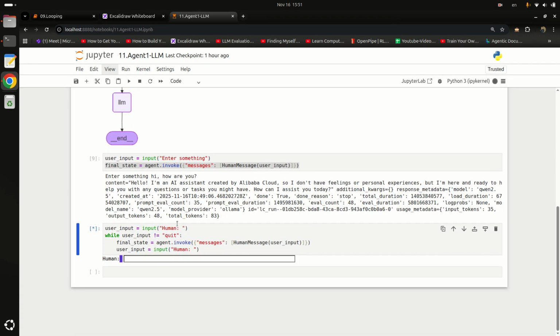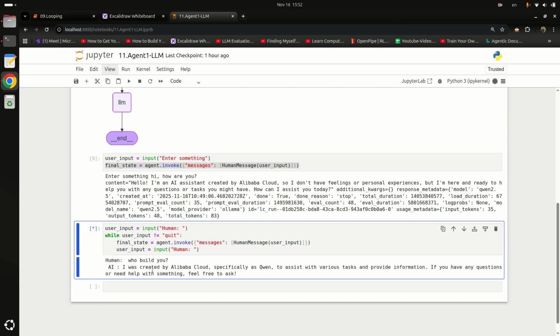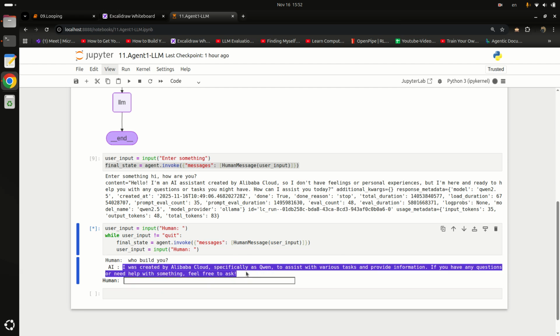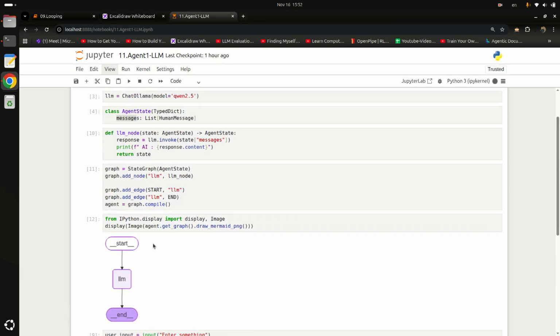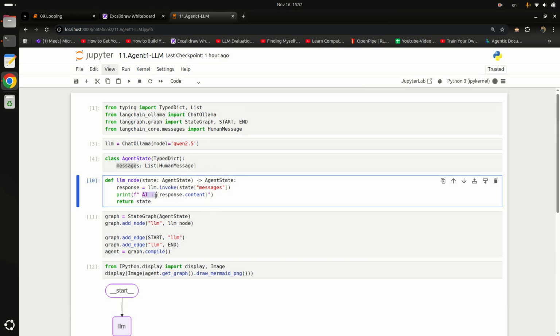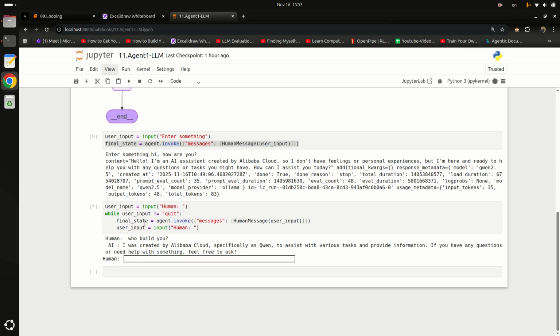It is printing this human and waiting for our input, like I will say who build you. It printed the response, I was created by Alibaba Cloud, specifically as Qwen, and before that it is printing this AI and colon. This AI colon is basically this one. We are printing the AI response here. We don't have to print the final state here.